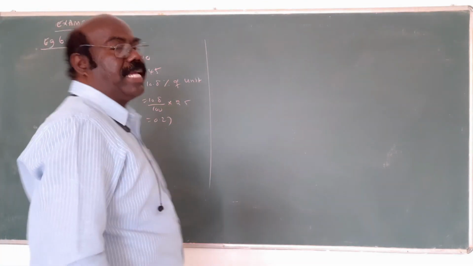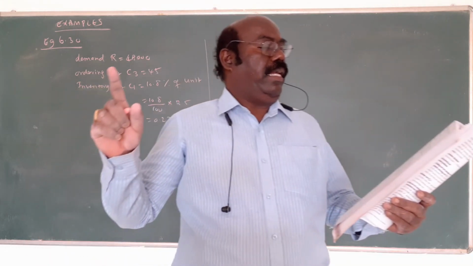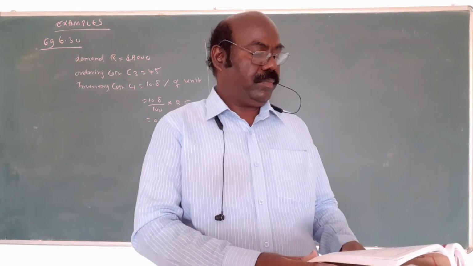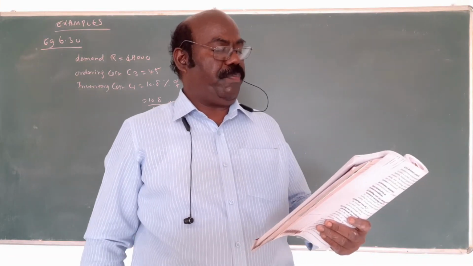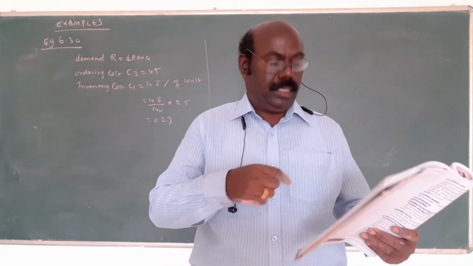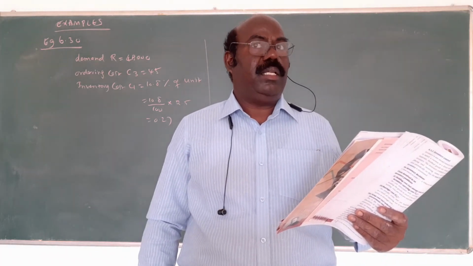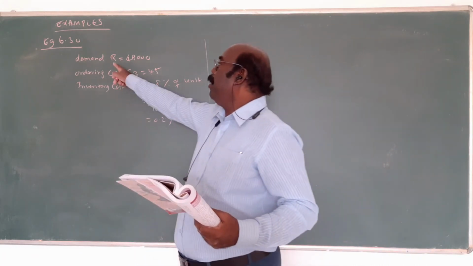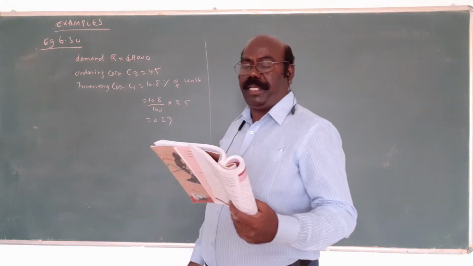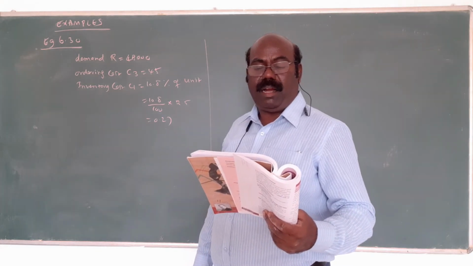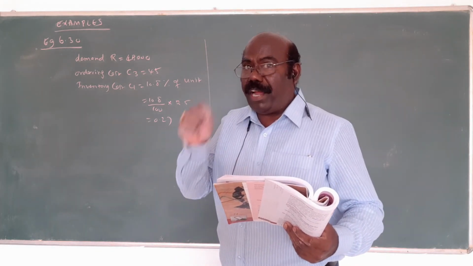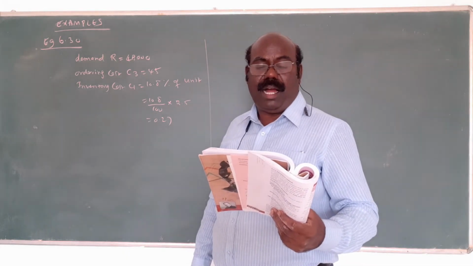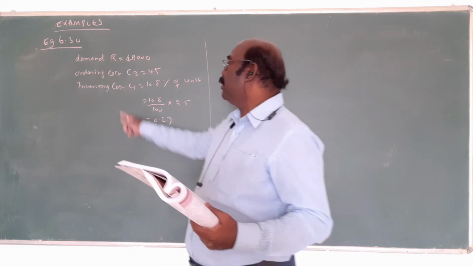Now I also want to do an exam problem. Page number 147, exam 6.30. This is the question. A company uses 48,000 units per year. Our demand is equal to 48,000 per year, for raw material costing rupees 2.5 per unit. Per unit cost is what? 2.5. Placing each order is the ordering cost. This is 40.